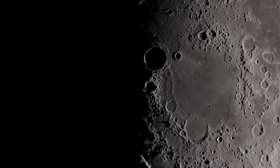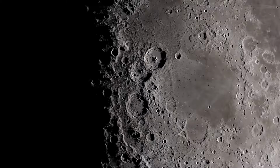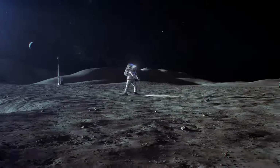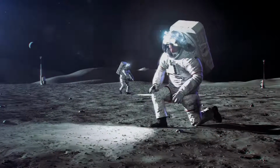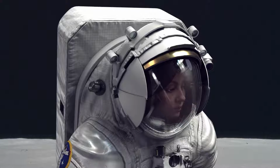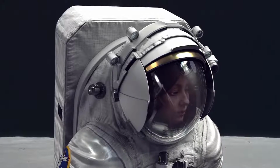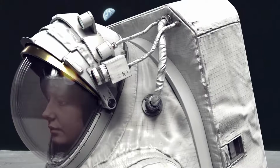Imagine you are on the moon. Your job for the next 8 hours will be exploring, traversing up and down lunar hills, sampling rocks, and setting up equipment. Temperatures can reach a blistering 250 degrees Fahrenheit. Luckily, you have a portable life support system, a backpack that provides oxygen, water, power, and, for the excruciating temperatures,